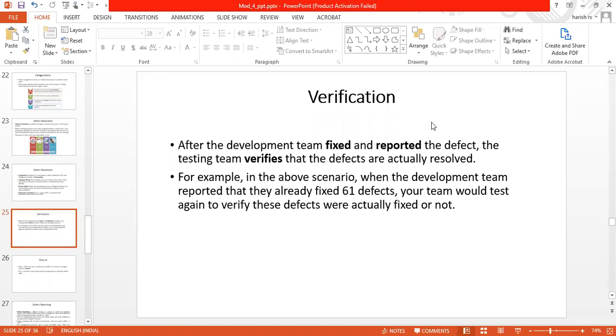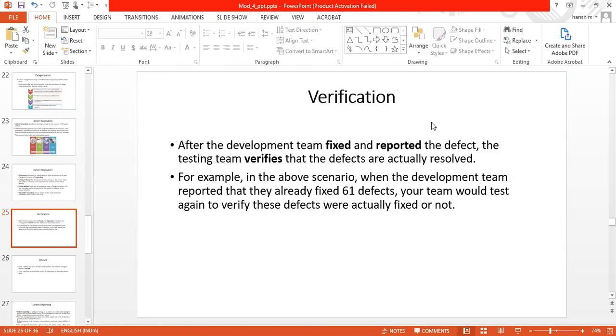So for example, we were talking about there are 82 errors or 83 errors that have been reported by the testers to the test manager. Now what happens after the developing team has fixed it, the developing team will report that out of these 82, we have finished fixing 65.